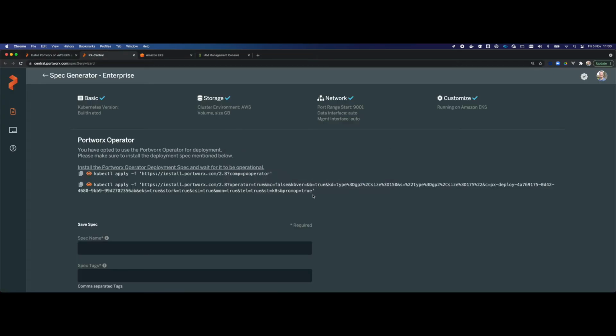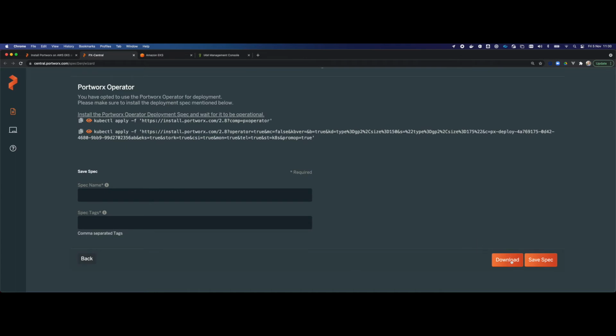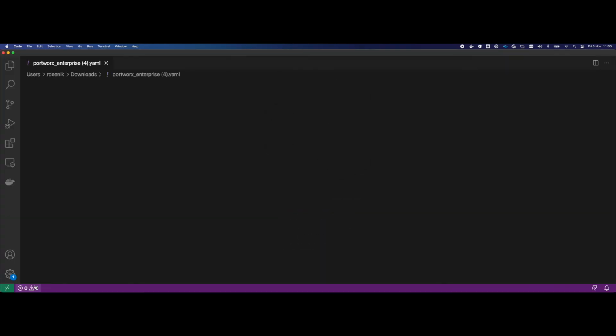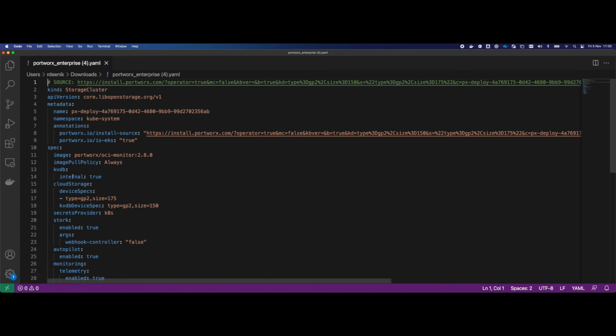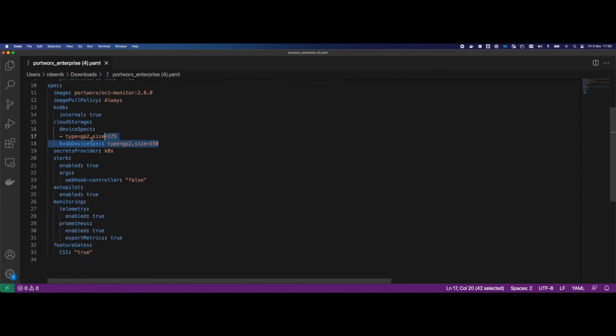I could just apply this long line of text, but what I'm doing now is downloading the custom resource definition just to show you what it is. It's a storage cluster of core openstorage.org type. It's being given a name. We specified it installs in kube-system. The version of Portworx is there, and here we also see the specifications of the drives that we're using for